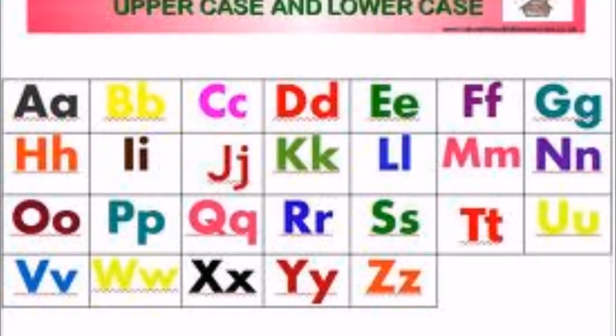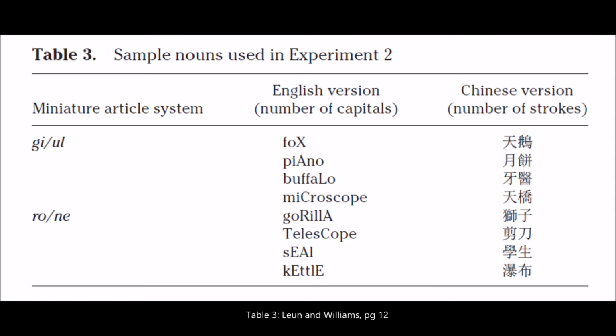This experiment was similar to the first experiment, but the animacy system was now replaced with a non-semantic concept. Look at table 3 here. You can see the meaning of the words in the English version. The coding would rely on whether or not the letters were capitalized. And for the Chinese version, the hidden regularity was whether the first character in a 2-character noun had more strokes